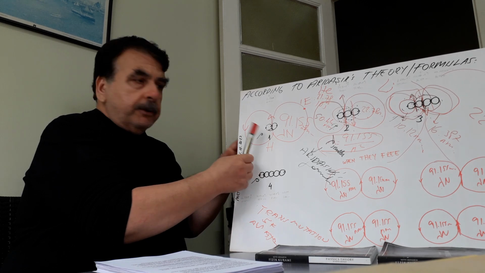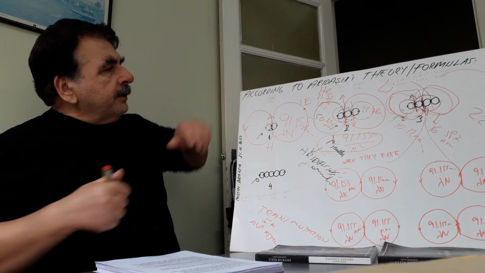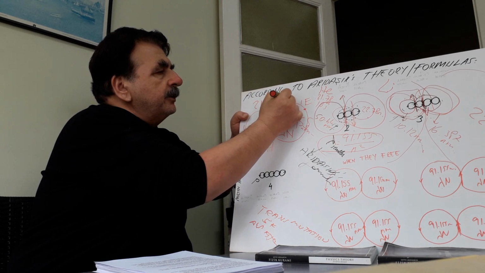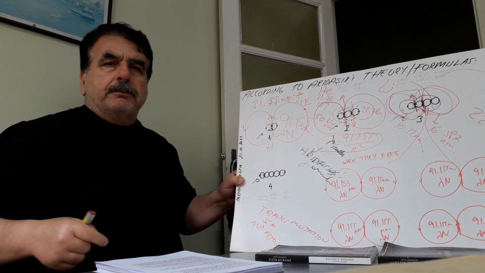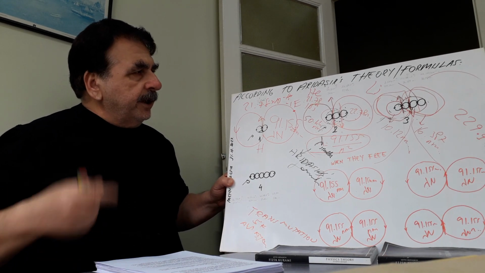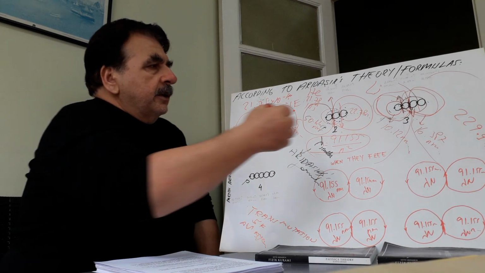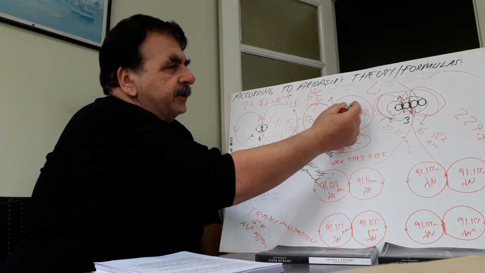Here, one proton, no change. 21.78 times 10 to the minus 19 joule. It's the single ionization energy. Here, helium. Two ionization energies. This one is the smallest, the highest ionization energy, 80